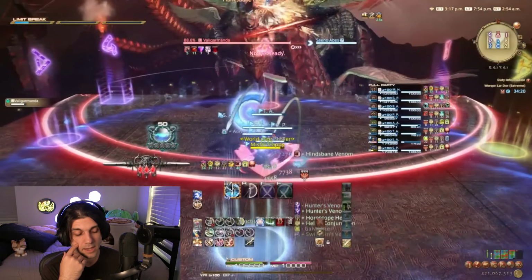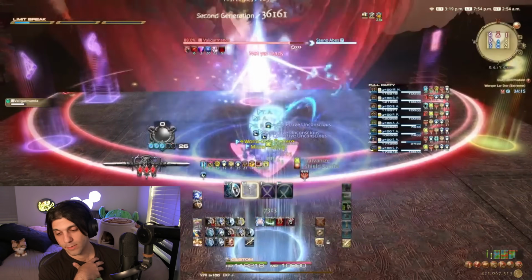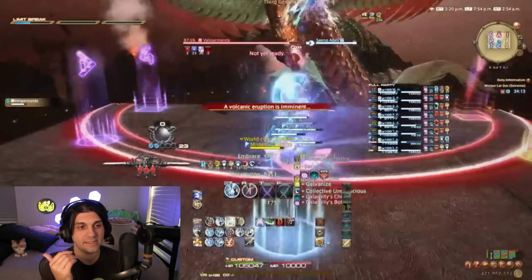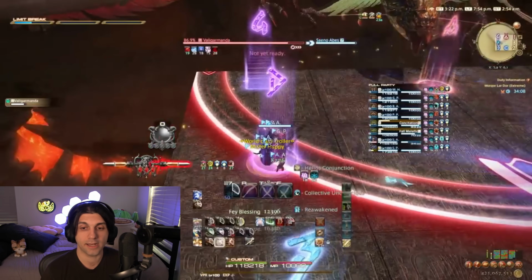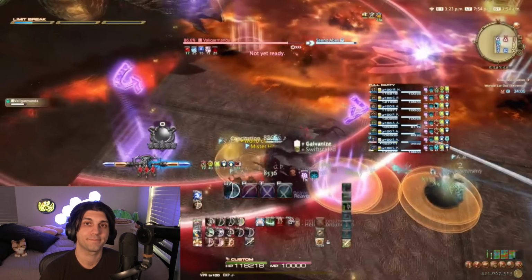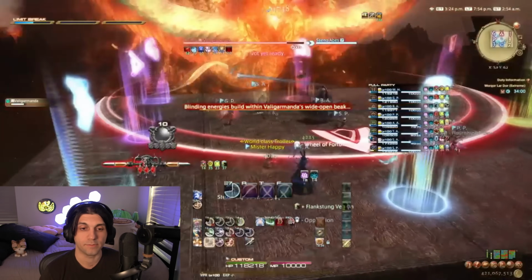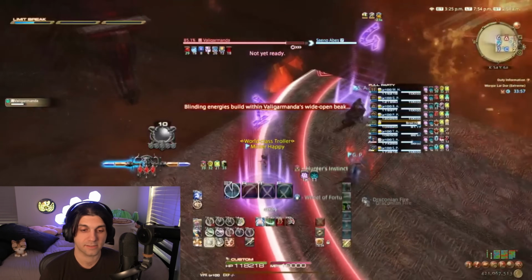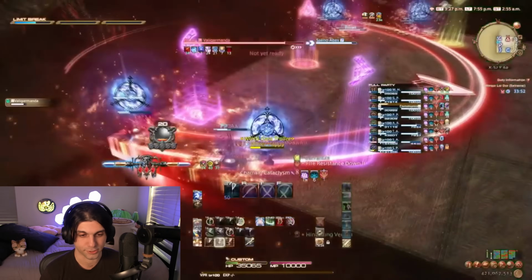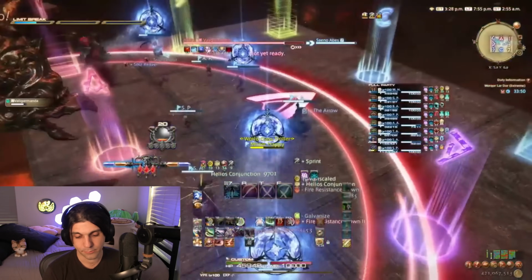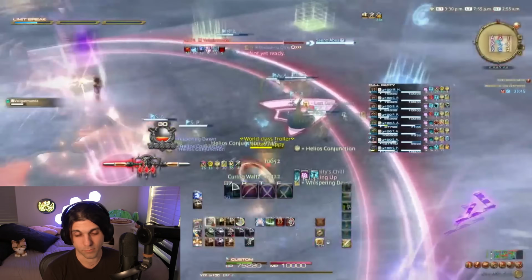The future of tanking, I am not qualified to talk about what tanks should be getting and what tanks should be doing. But as someone who DPSs in fights, I can see how the tank is interacting with a boss, and more times than not, tanks just kind of sit there. I mean, the whole everyone's a glorified DPS thing, with tanks it almost feels even more true, but at least they have a rotation in a sense. They actually have to think about getting into their 2 minutes a little bit more than the healers do. And so I think that we probably need to see things from the future of tanking that just engage the tank more.